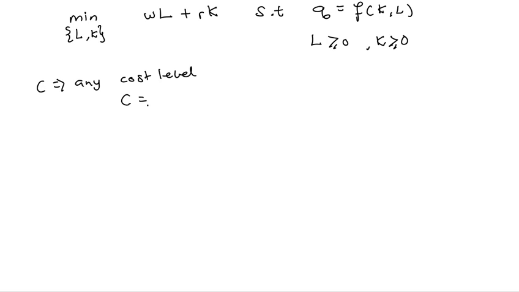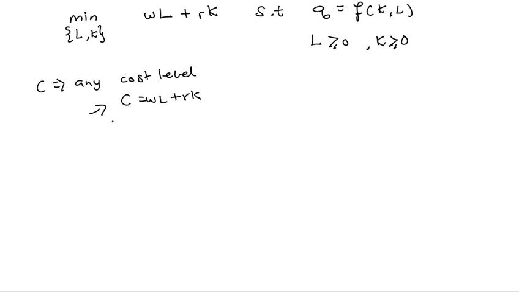C equals WL plus RK. Okay, and it contains all inputs. In this case, we only have two inputs, and you can see the isocost here is combinations of K and L, which cost C amount of ringgit or dollar and whatnot. The total cost is C, yeah, that's what I mean. So